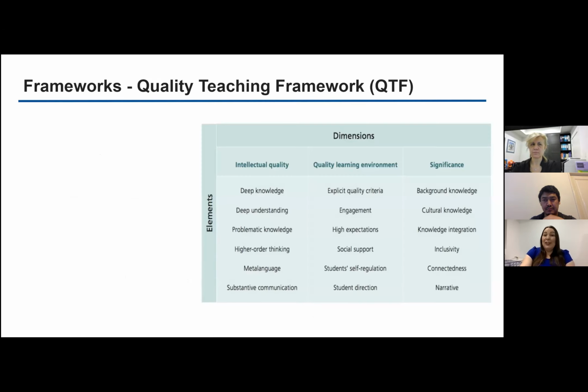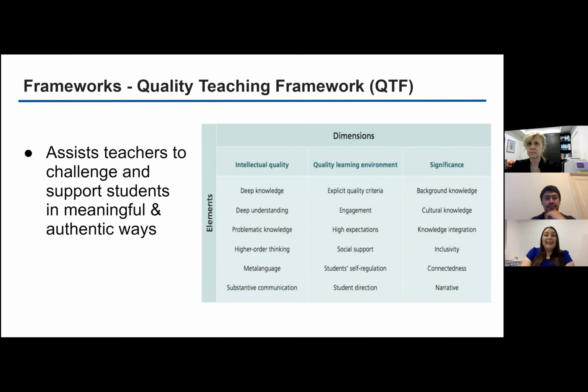The quality teaching framework is the second framework that was mentioned in our literature reviews. Along with the Australian professional teaching standards, it guides teachers to effectively challenge and support students in meaningful and authentic ways through flexible design and practice. It is also used to inform teachers' practice in a way that it would improve their work and it would